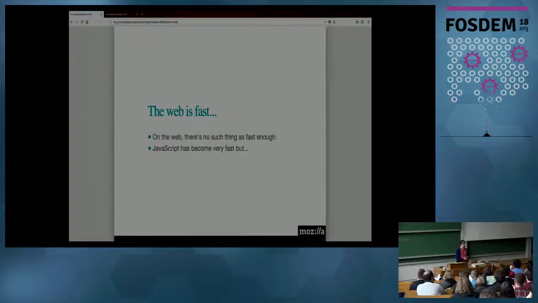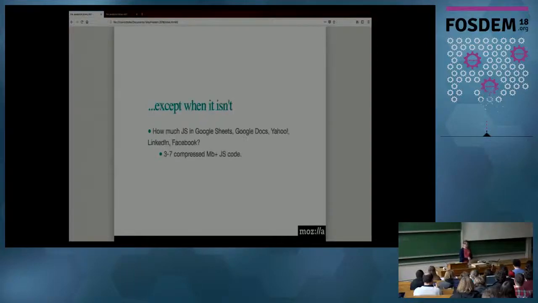So, it's great, the web is fast. We keep improving the web, we keep making it faster, but of course there is no such thing as fast enough. We have pretty fast JavaScript engines these days. JavaScript is fast enough to run video games, which, a few years ago, who would have said that it would be possible? However, sometimes the performance of JavaScript is not sufficient for several reasons, but one of them